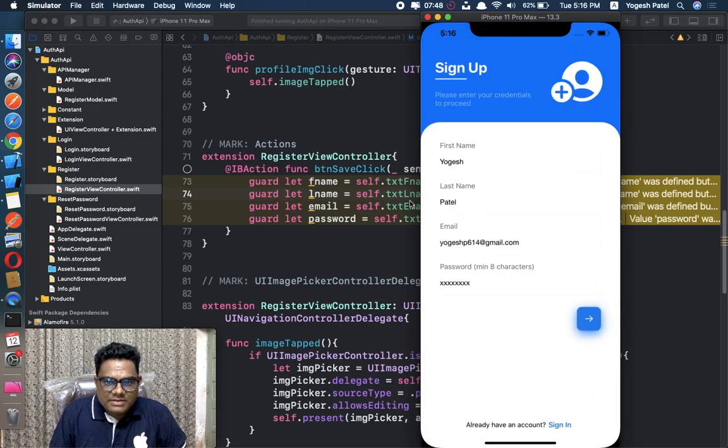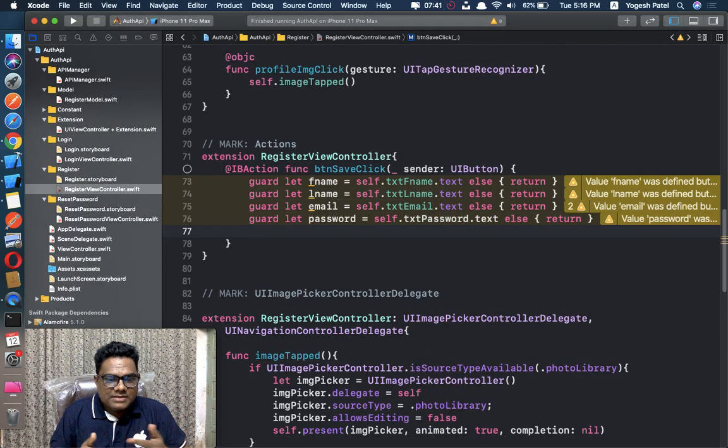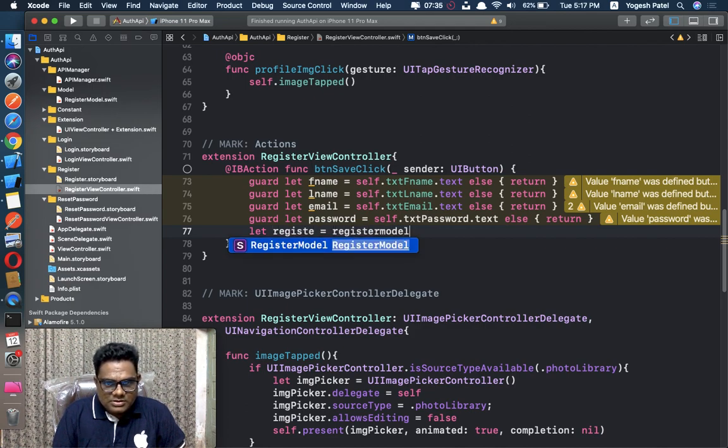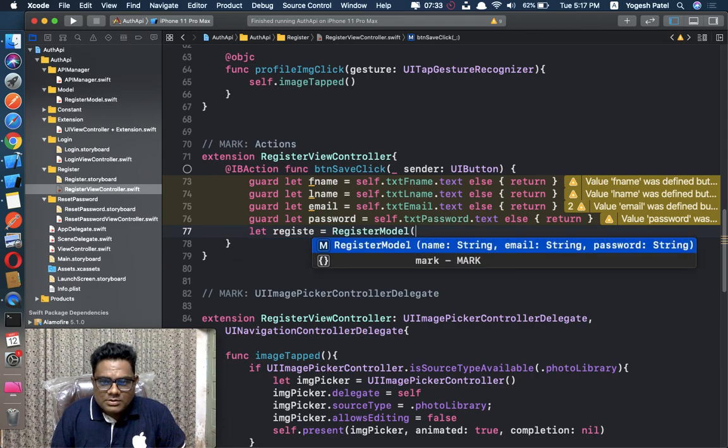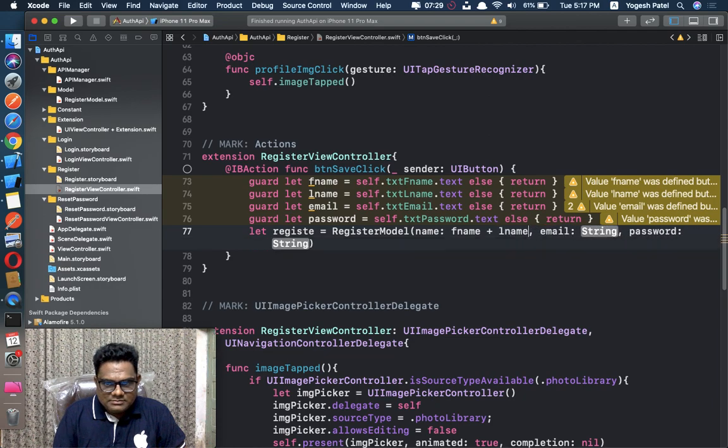It's a first name, it's a last name, it's an email, it's a password. Okay guys, and let's append them in our register model first. Register model, name: here is fname plus lname, and email is email, and password is password.